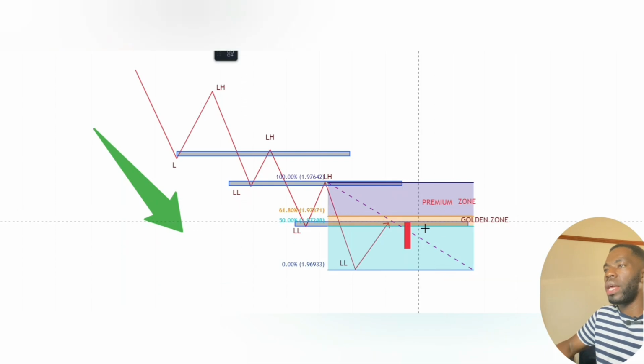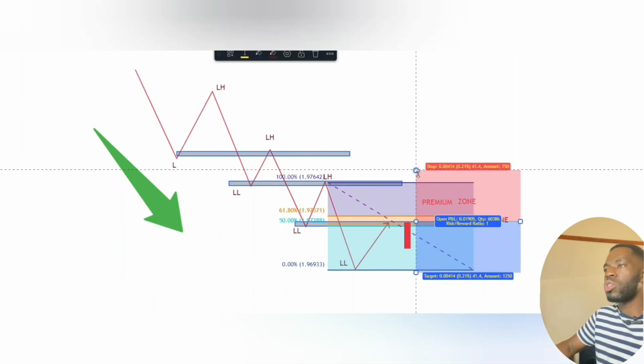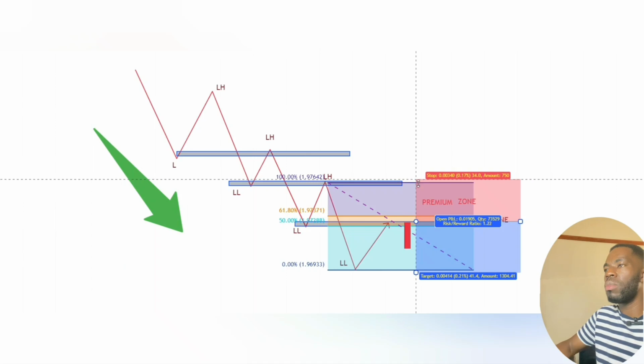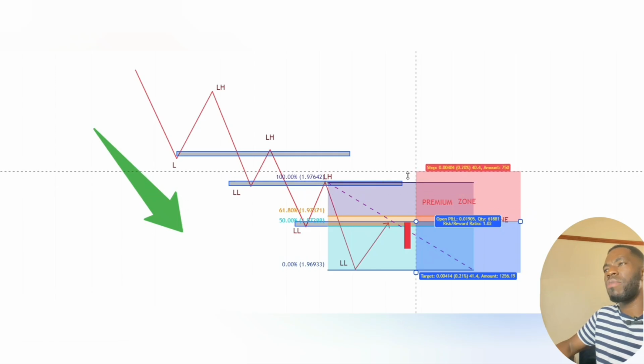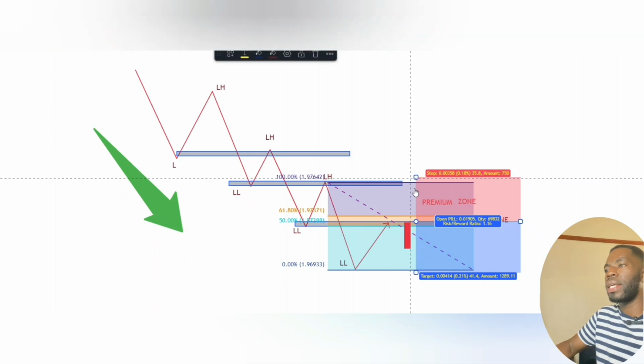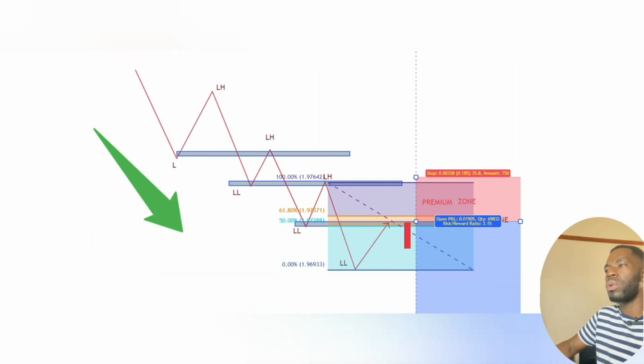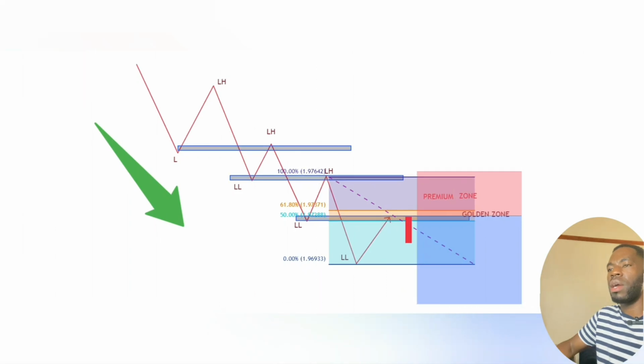You place your sell there, place your stop loss just above the premium, or a significant number of pips above the golden zone, but the safest area is just above the premium, and target a 1-to-2 risk reward ratio, something like that,